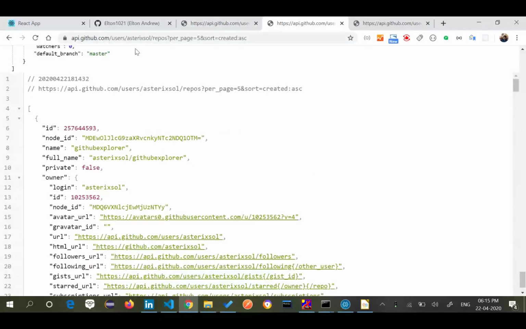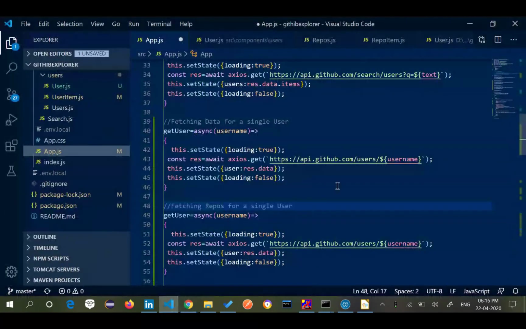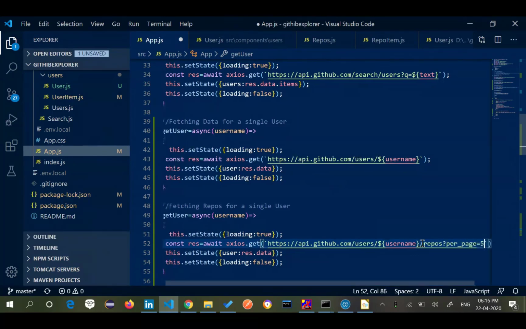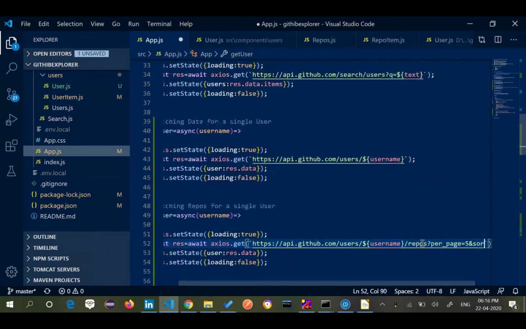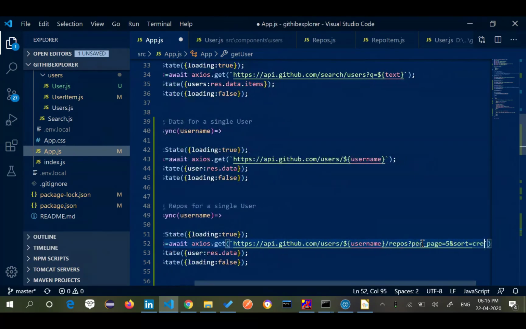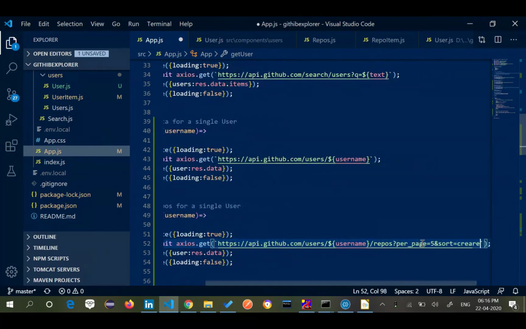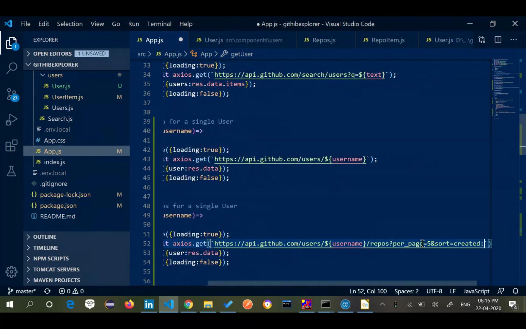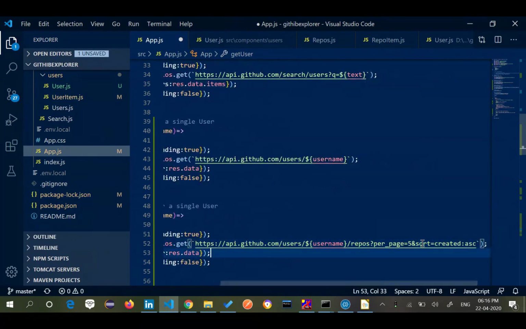You say users slash, whatever your username is, slash repos, question mark per_page is equal to 5 and sort is equal to created colon ascending. Is everyone clear what I'm doing here?